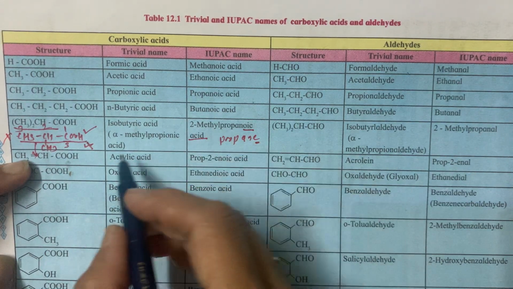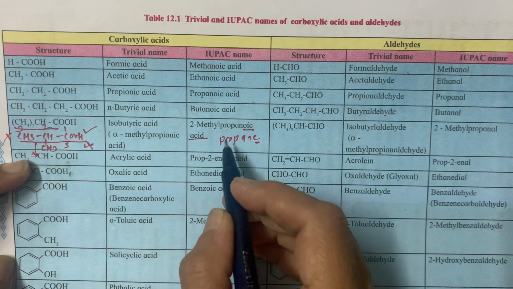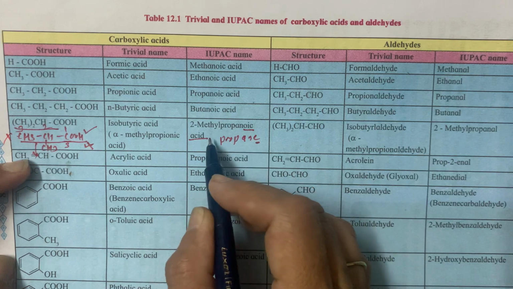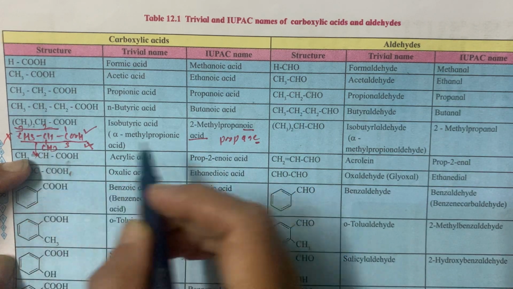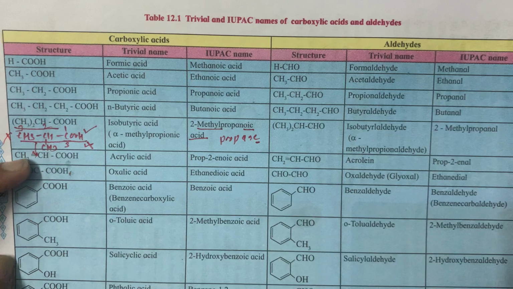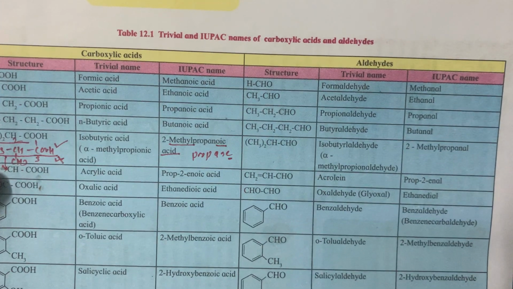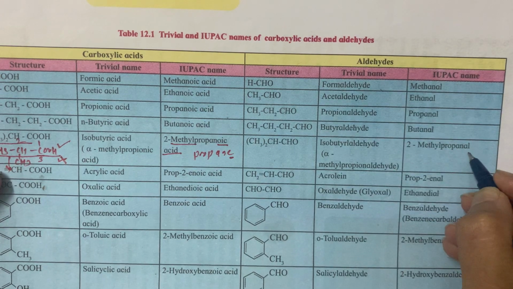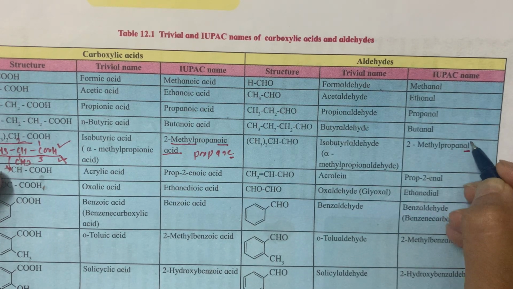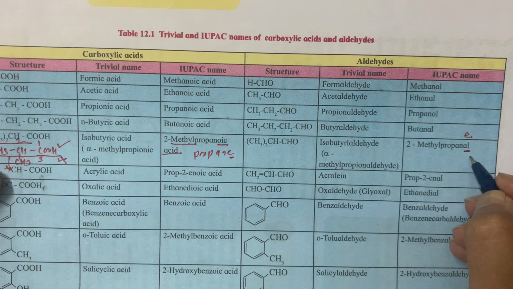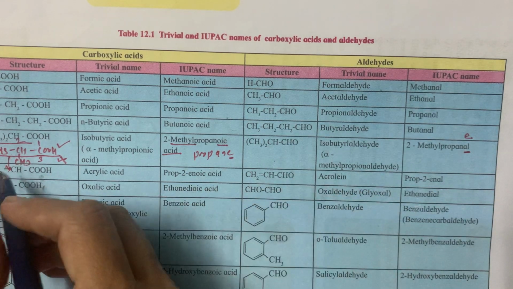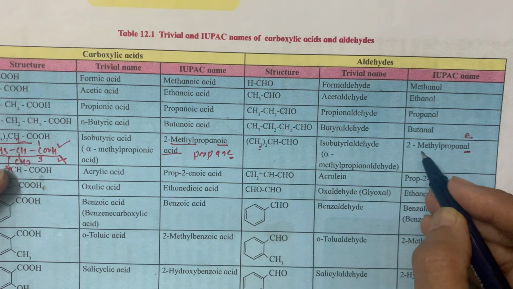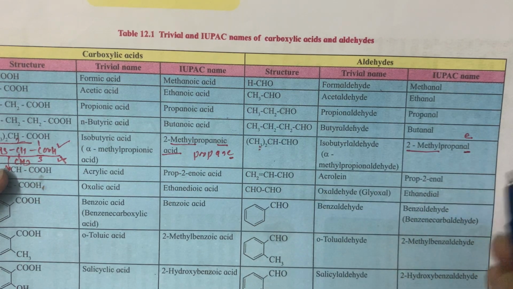So here this is 1. Now 1 you should not mention, that's why this is just propionic acid, and on the second carbon there is a methyl group, so this is 2-methyl propionic acid. While in the case of aldehyde, this E is replaced by Al. Propane, E is replaced by Al. Then in the same way, here it is the branch on the second carbon, so this is 2-methyl propanal.